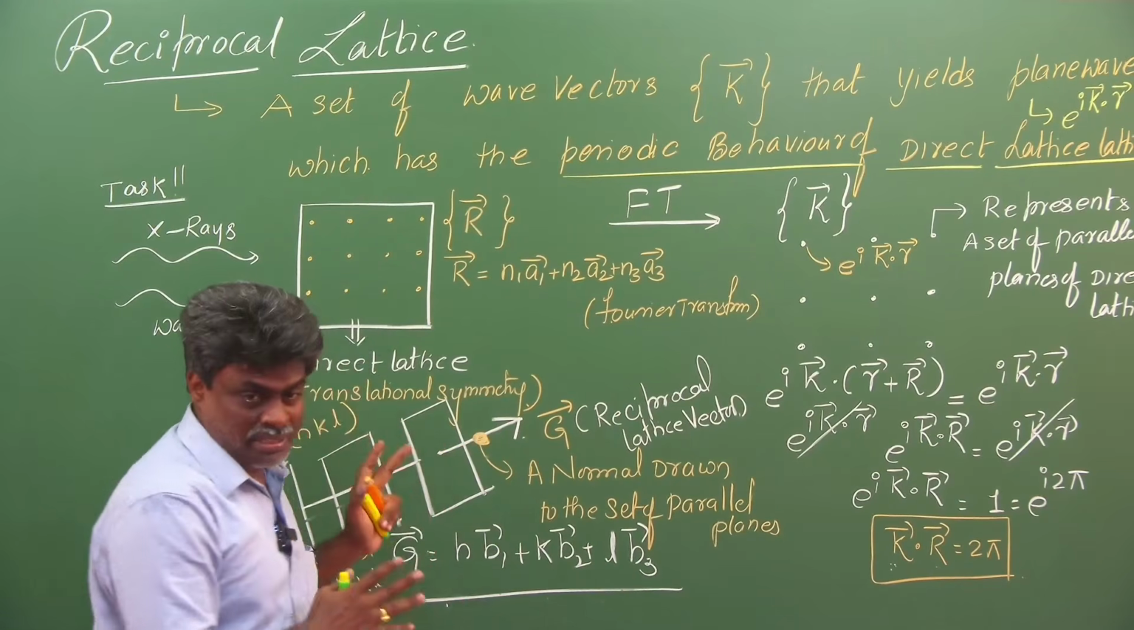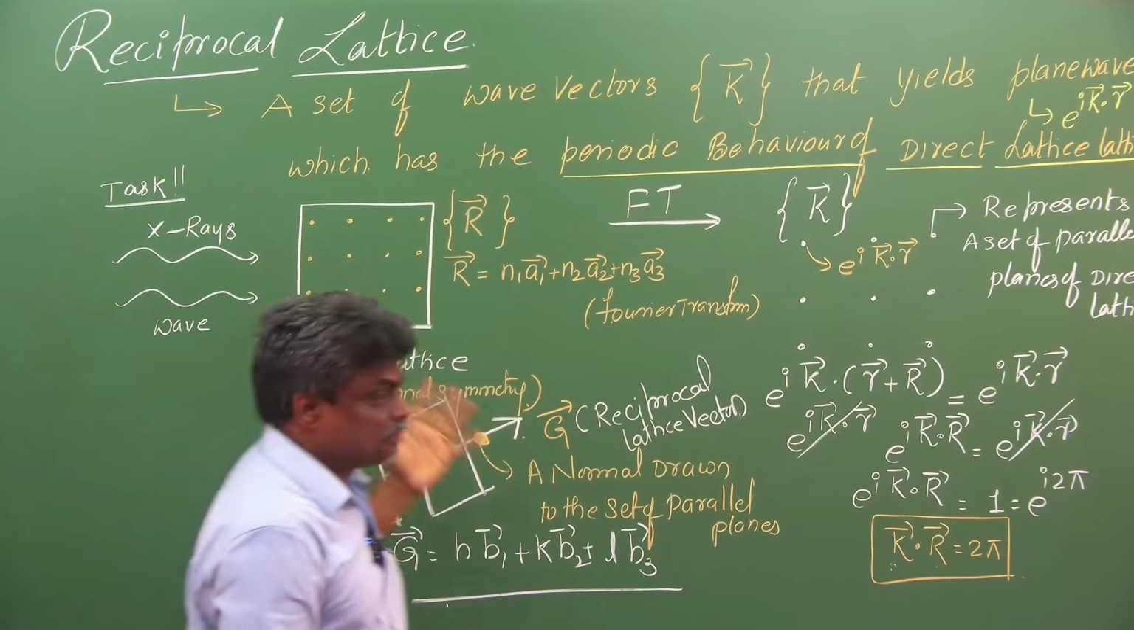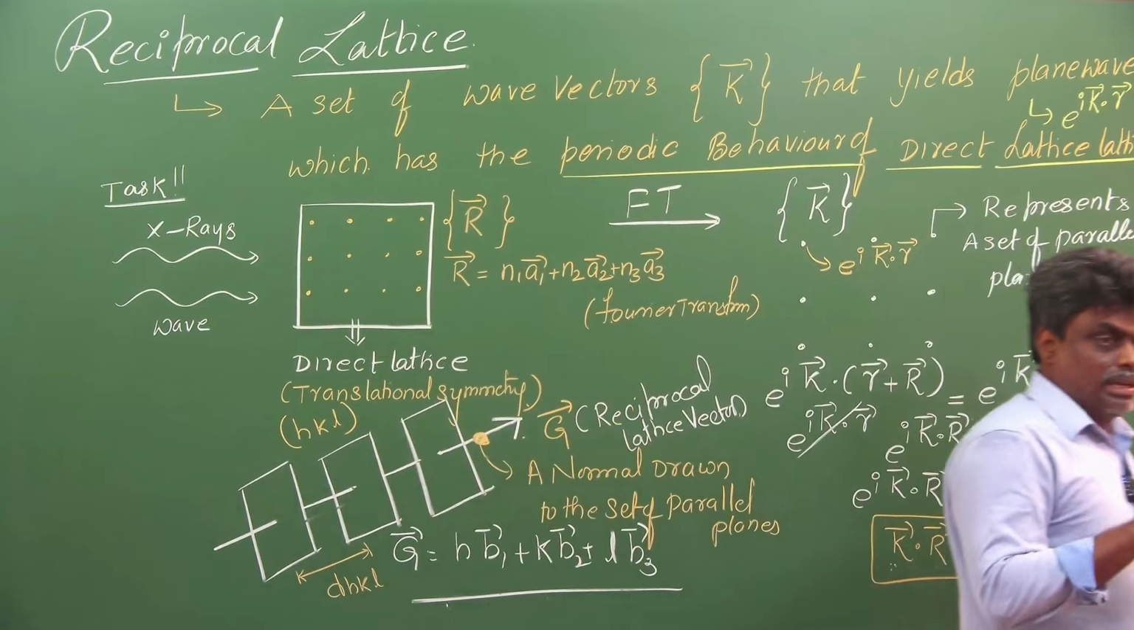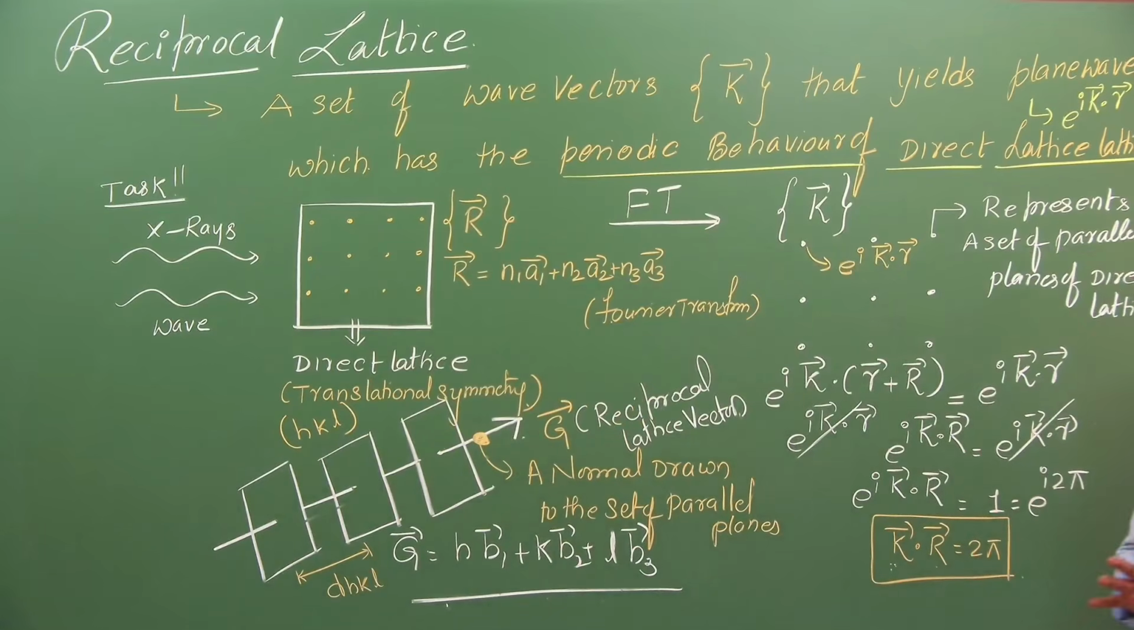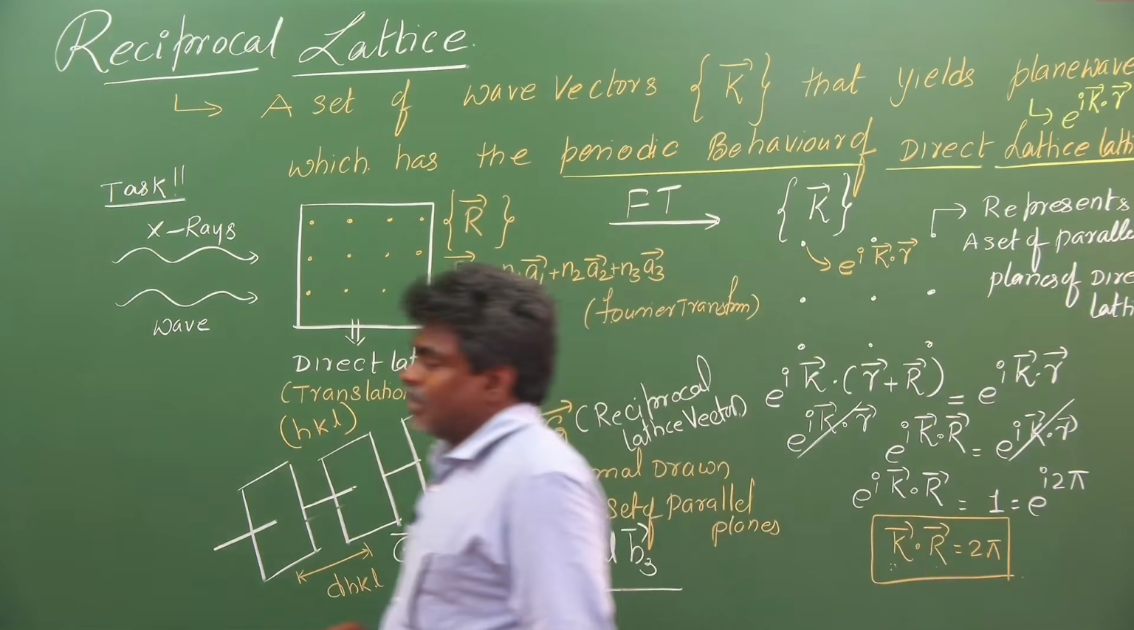You understand from this? So once again, please see. So what is a reciprocal lattice? It's simply a set of